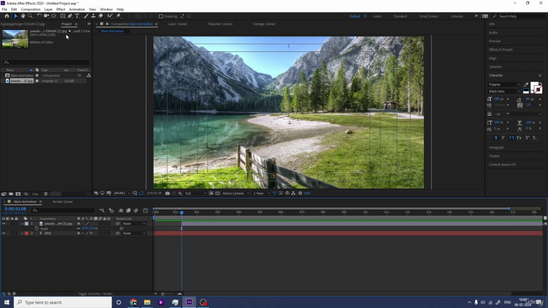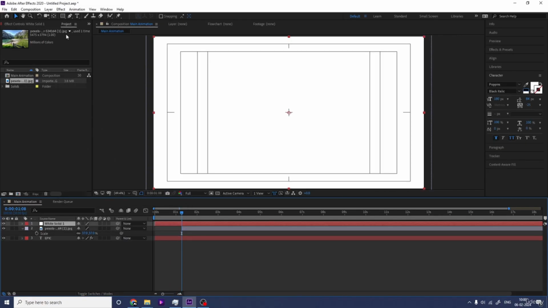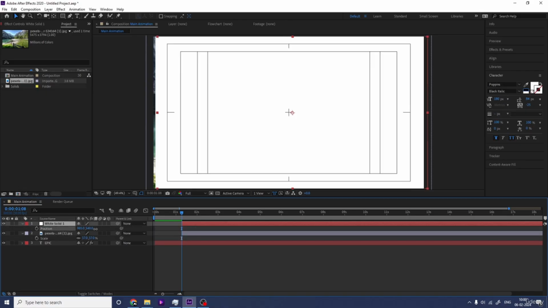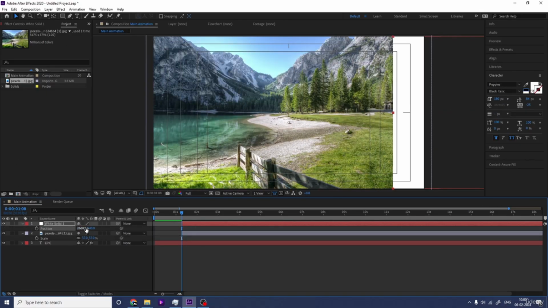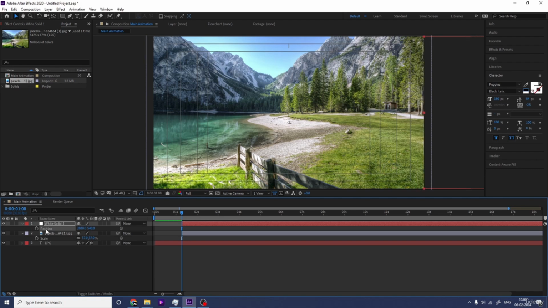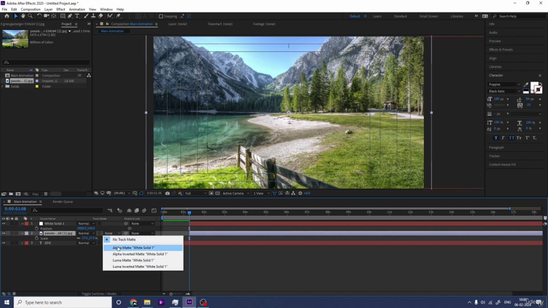then press Ctrl Y to create one solid background, and let's move this over here and press P for position, and initially it should be out of this composition like this. Select this image layer, press F4 and choose alpha mask,